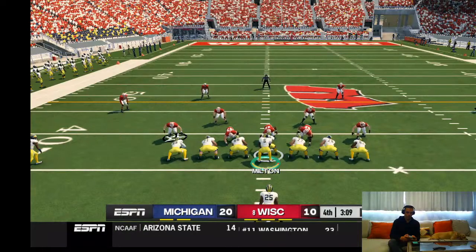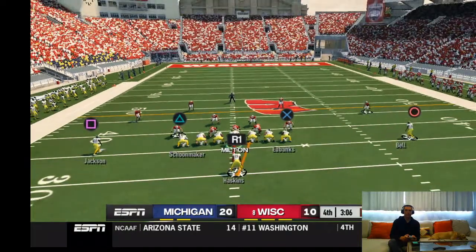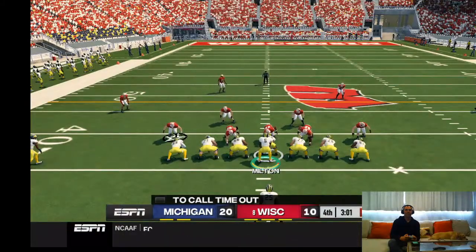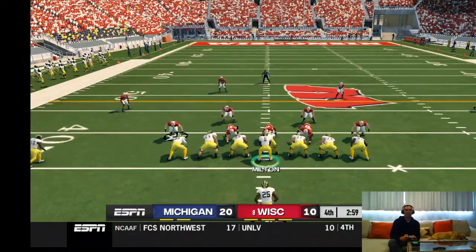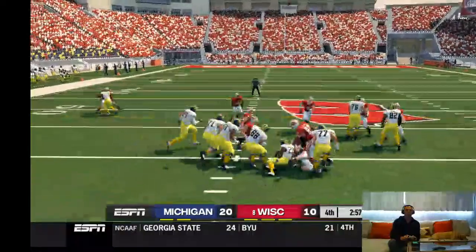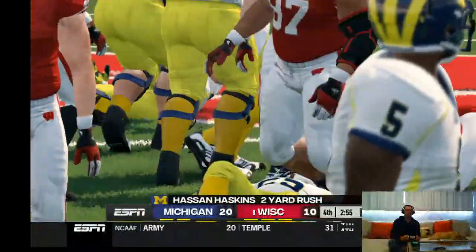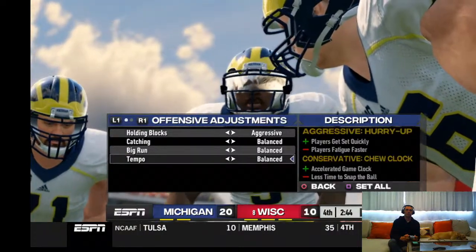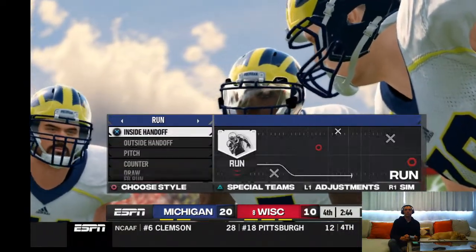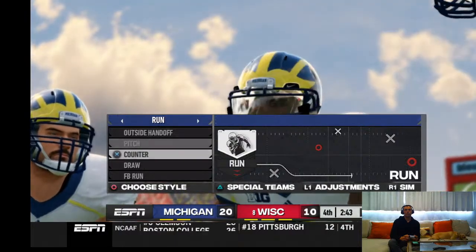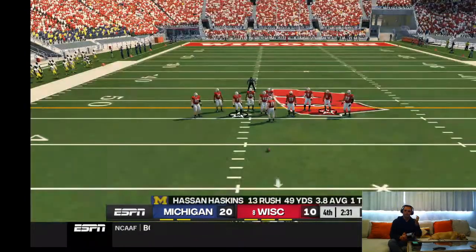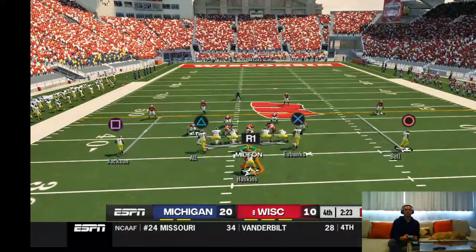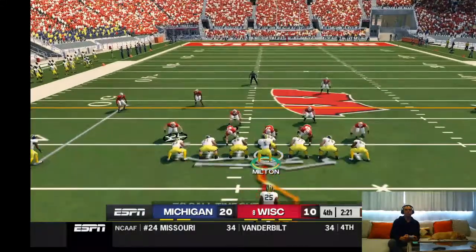I'll turn it on with the display. I just forgot. Oh yeah, that's all she wrote. I like that. He's taken down at about the 39-yard line. That makes it 2nd and 8. From their own 39-yard line. It's 2nd down. A little more than 2 minutes to go in the 4th quarter.